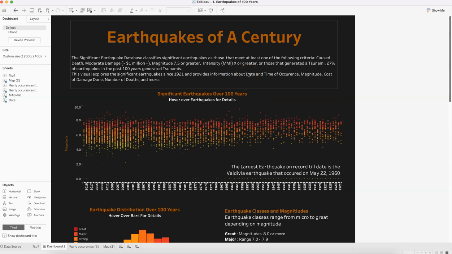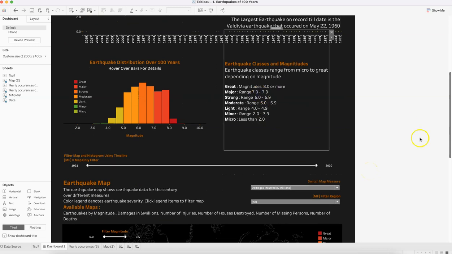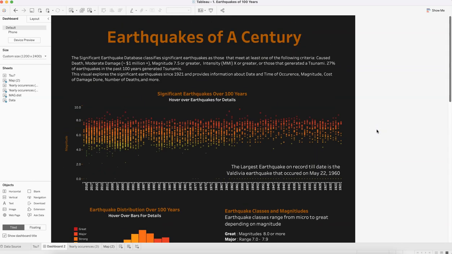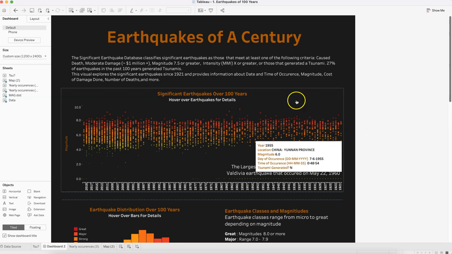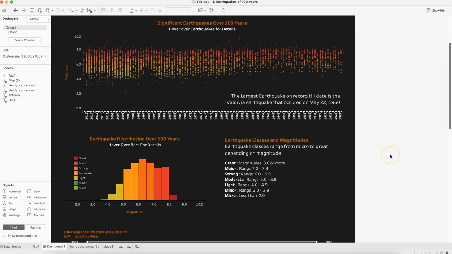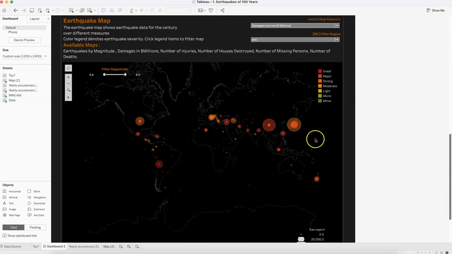Some of the components are straightforward in terms of creation, like this is a text box, or this is a text box, or if I go down, even this is a text box. But some of the interesting components are this visualization, which I believe is what we call a dot plot, if I'm not wrong. It's like different dots over the different magnitudes that you are having. Second is this distribution, which is not very difficult, quite straightforward. Even this map visualization is quite